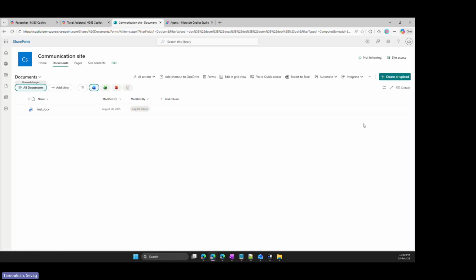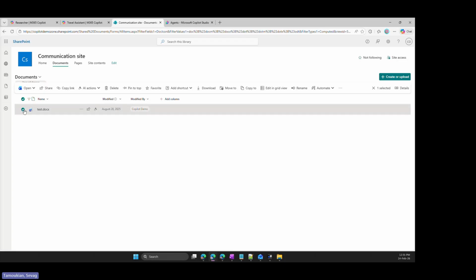Now, another very cool trick that's going to take me less than a minute to show you is creating agents in SharePoint. If you're in SharePoint Online and you have M365 Copilot and you want to create an agent that answers questions, gives you answers from those sets of files only and nothing from the internet or from anywhere else within your company, you can simply click those files and then say create an agent.